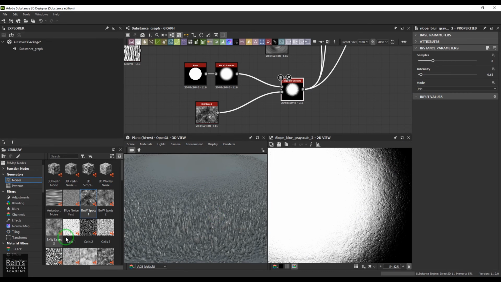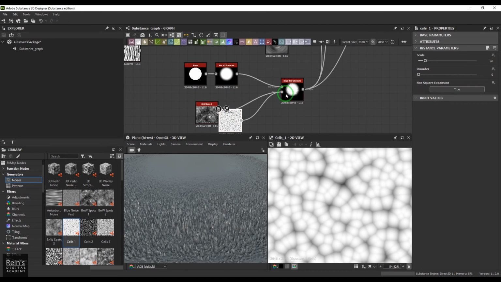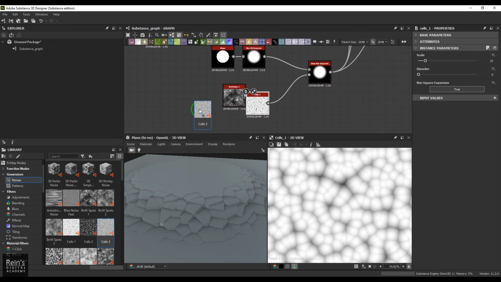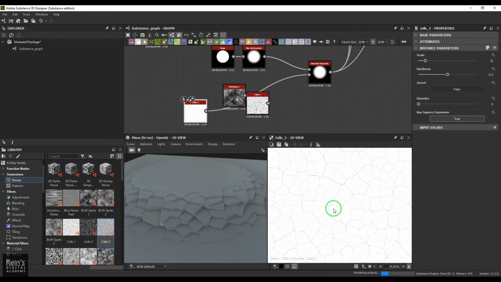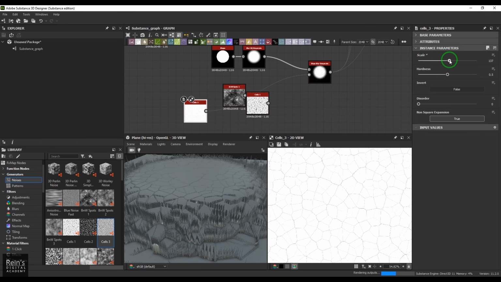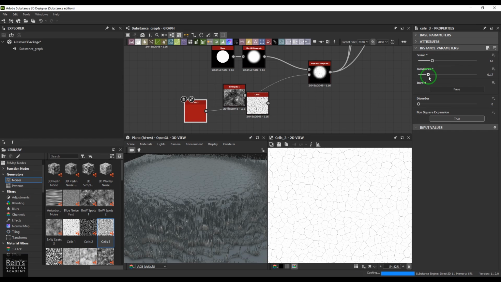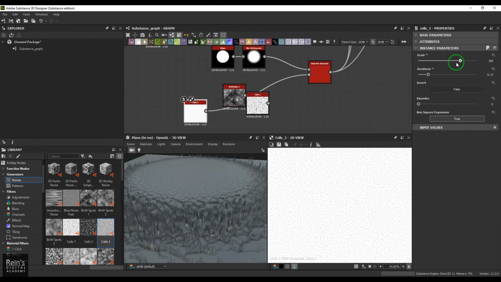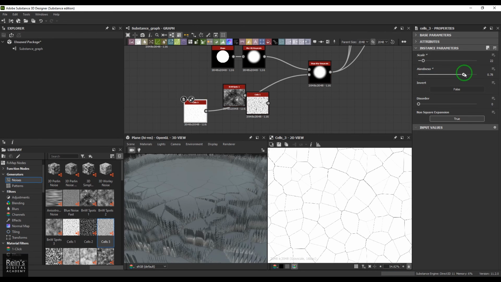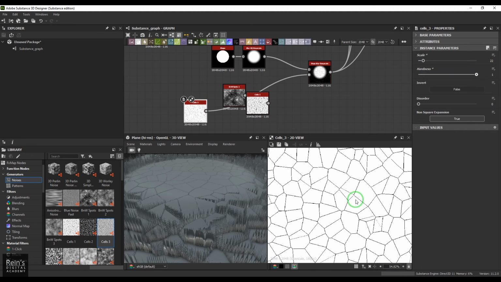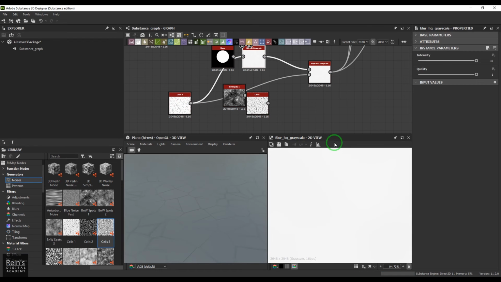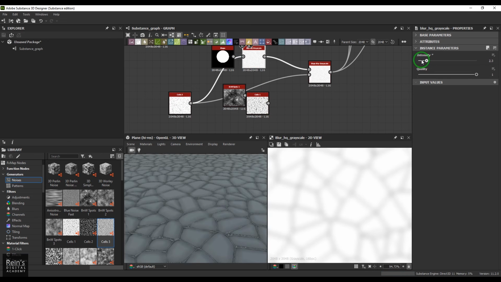We can explore different types of textures and see what effect each gives. If you could see, this is cells, and then we have these cells here, right? So I can connect these cells to the blur, and then you got some nice blur